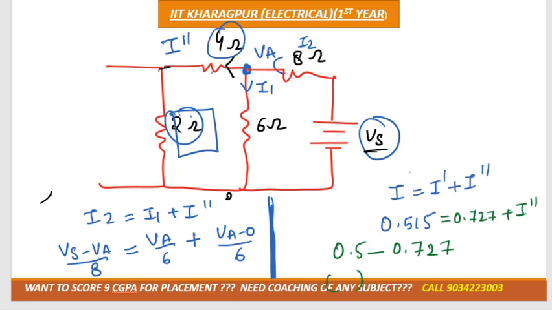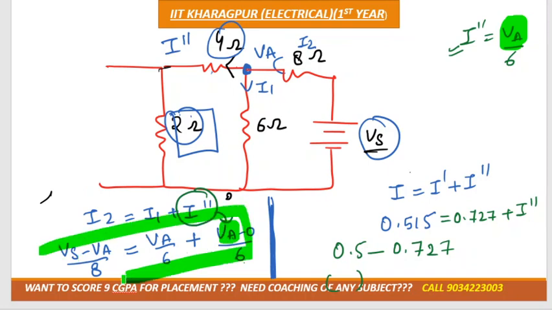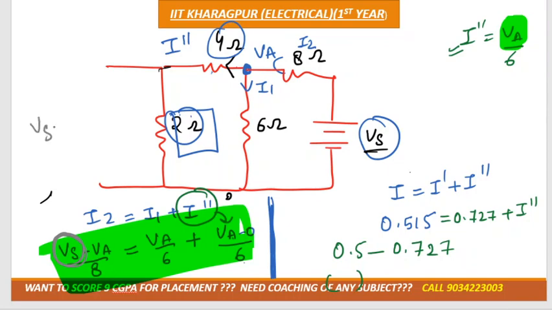So after getting the value, can we substitute the value of I double dash here? So I double dash is how much? VA divided by 6. If we substitute the value of I double dash here, can we get the value for VA over here? So after getting the value of VA in this equation, only one variable is unknown, that is how much? Vs, right? So after solving, we'll get the value for Vs is equal to 16